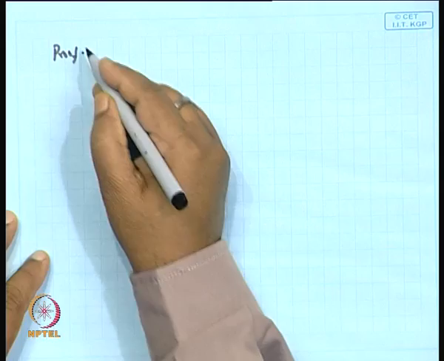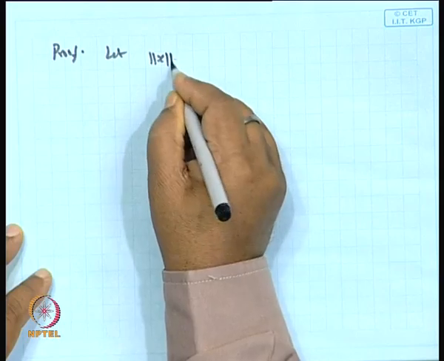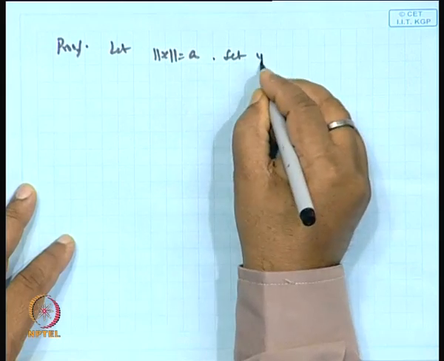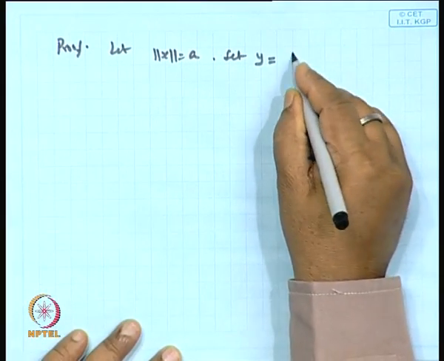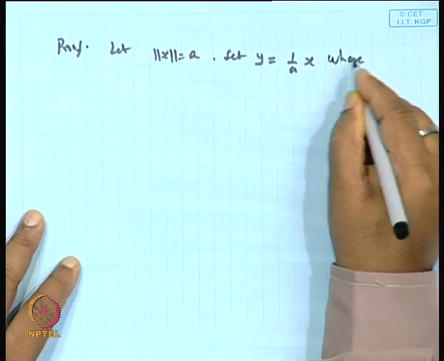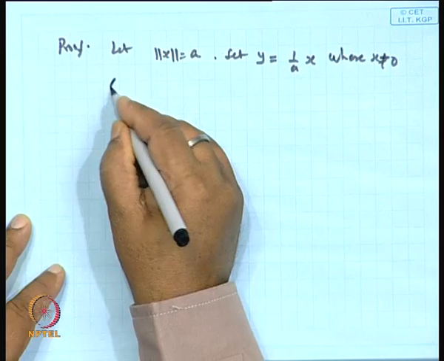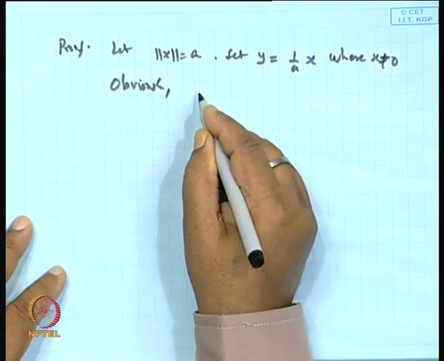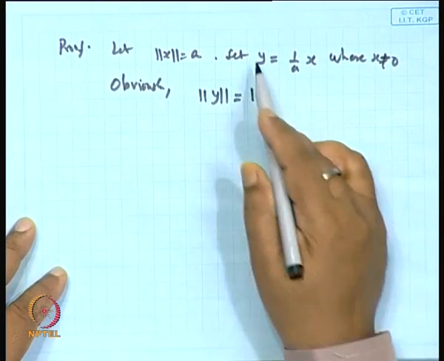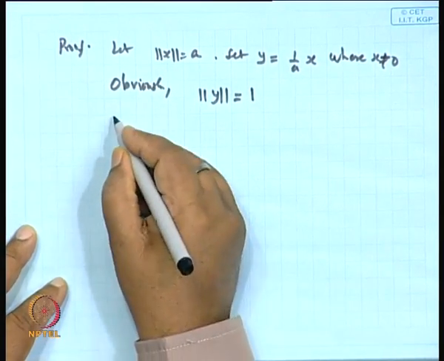The proof of this lemma is a very simple way. Let us suppose norm of x is equal to a, and let us set y equal to 1 by a into x, where x is not equal to 0. Obviously, from here norm of y will be 1, because norm of y equals norm of x by a, which is 1. So, norm of y is 1, and since T is linear,